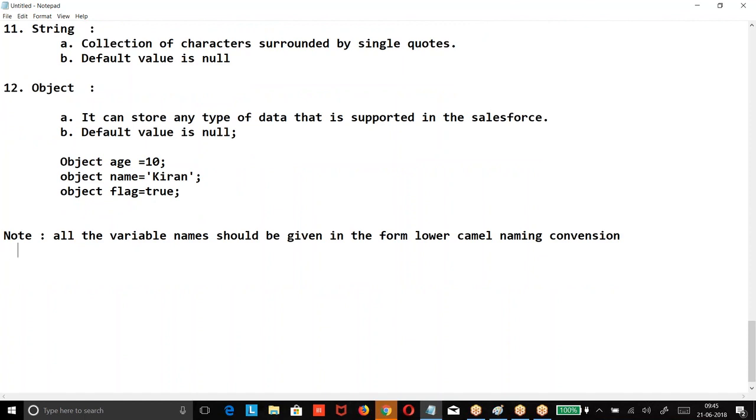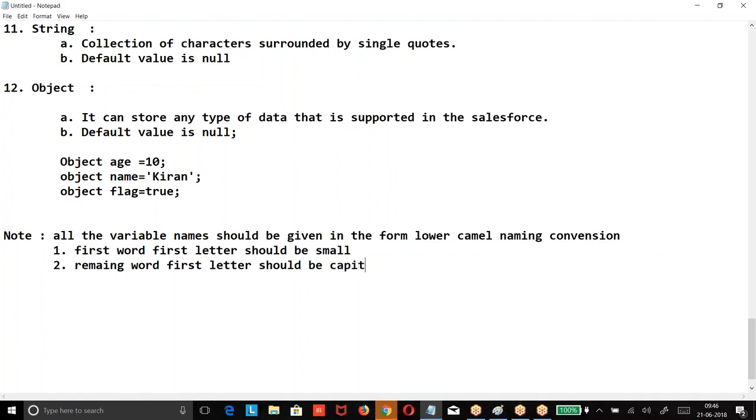What is the lower camel naming convention? First word, first letter should be small. Remaining words, first letter should be capital.